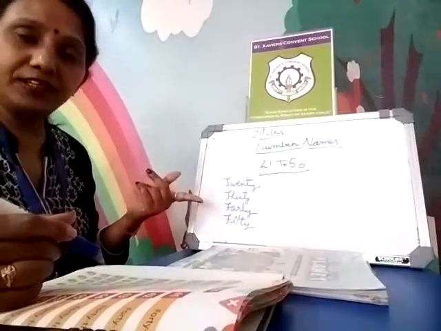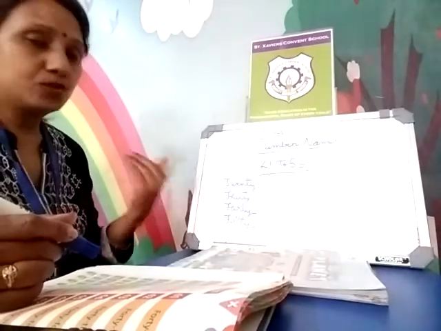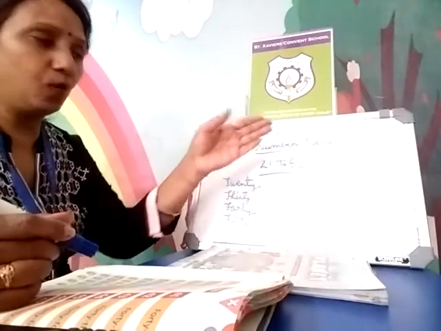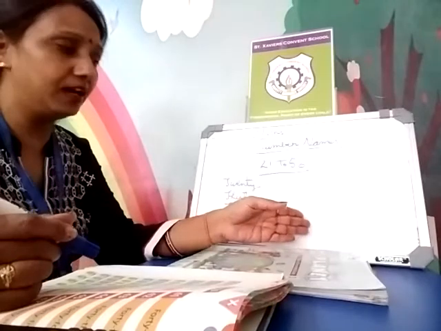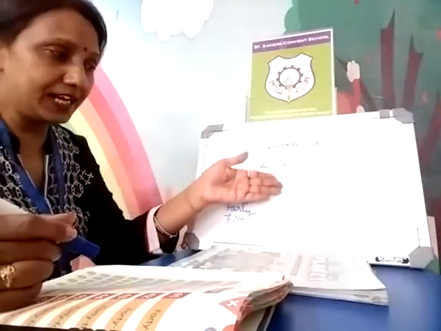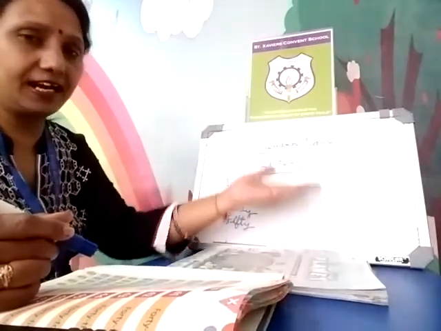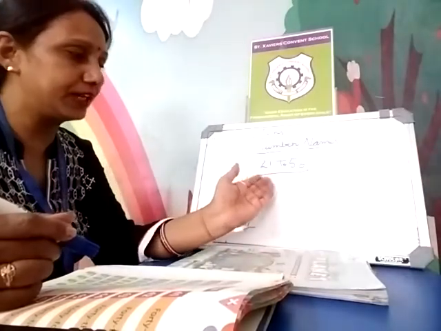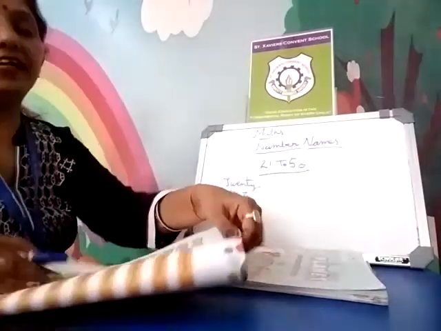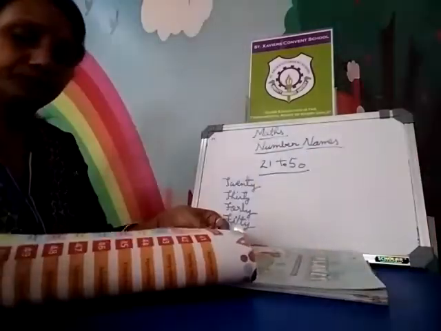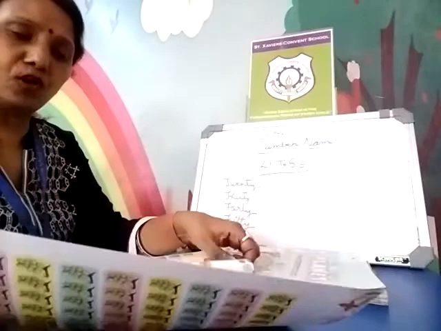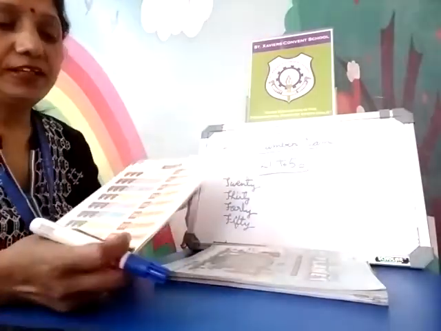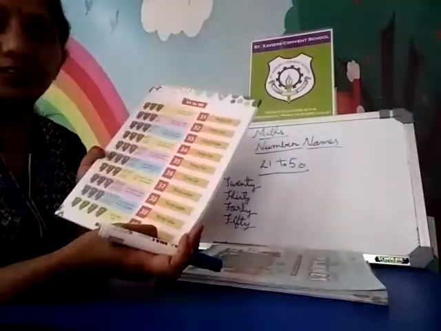Then what comes after 30? 31. So what you will do? Write THIRTY 30, and ONE 1 till 9 for the spelling there, with 30 on one side and 1 2 3 4 5 6 7 8 9 on the other side. It will become 31, 32, 33, 34, like I taught you. You can take the help of your book also if there is any confusion. 31, 32, like that till 39, and what comes after 39?